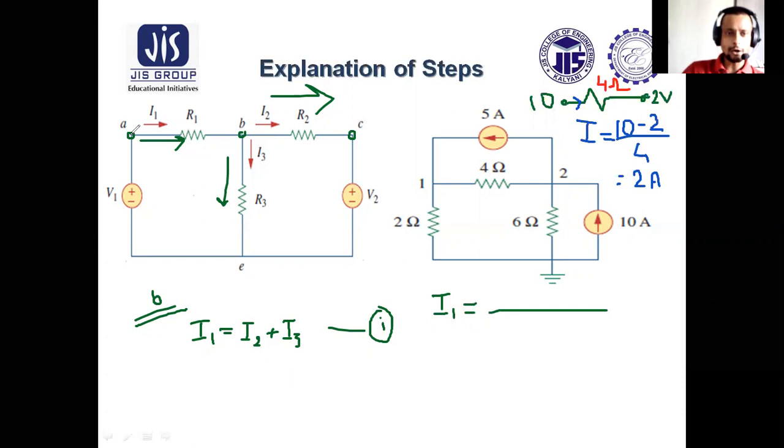Based on this simple fact of Ohm's law, we can determine I1. I1 is flowing from A point to B point, in between A and B. A point is having V1 voltage, which will generally be given in numerical, and which is known, and voltage at B point is not known to us. So I1 is VA minus VB divided by R1. Similarly, what is I2?